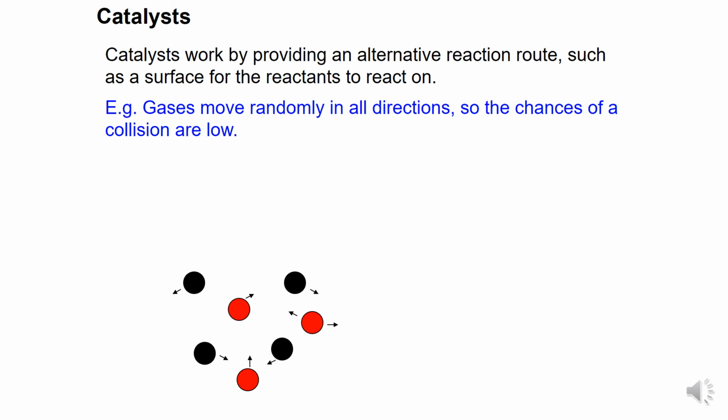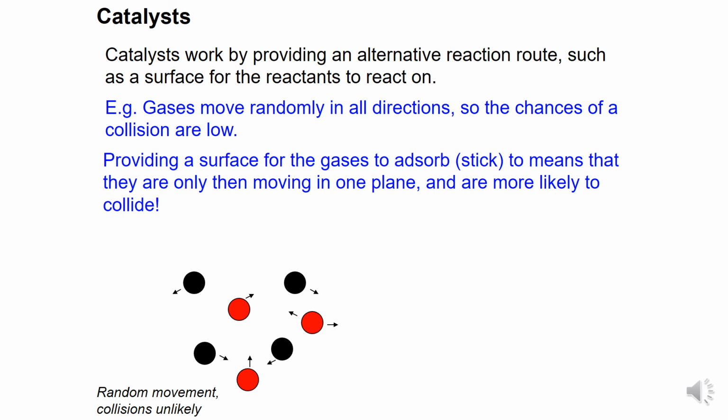And I've got here this representation, obviously on a screen where you can only show 2 dimensions, so you've got to imagine that they're going around in all 3 dimensions backwards and forwards as well. Now this random movement means that these collisions are really unlikely. So if we provide a surface for the gases to adsorb to, now adsorb means stick if you think about adhesive, so we're adsorbing the gases to a surface, this means that they're only moving in one plane and are